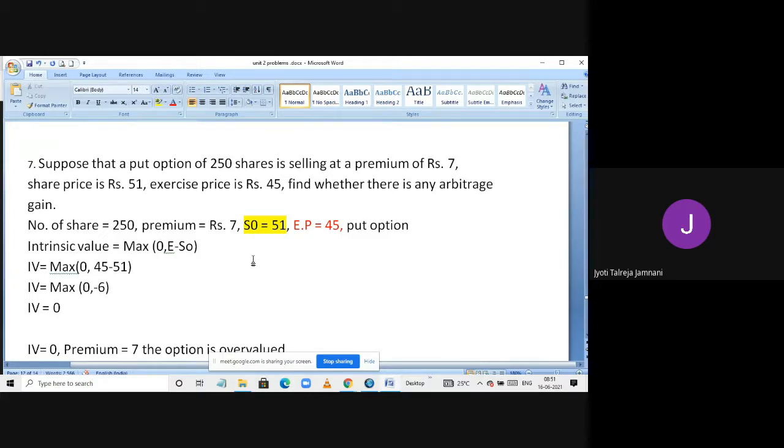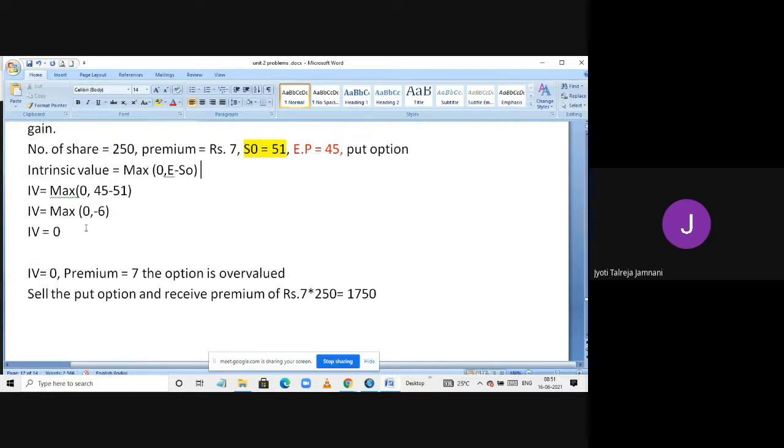And remember, Shubham has the put option. Put option means right to sell. He has the right to decide. There is no compulsion on him. I'm not forcing him that you need to sell the share to me only. I have to just sit quiet. Whatever Shubham decides, whether he wants to sell the share to me or to sell it in the open market, I need to oblige. So Shubham will never sell it to me for 45, because he knows that there is a loss if he sells it to me for 45. He can go to the open market and sell it for 51, and he can gain better. So what happens here is, whenever the intrinsic value is 0, the option gets lapsed.